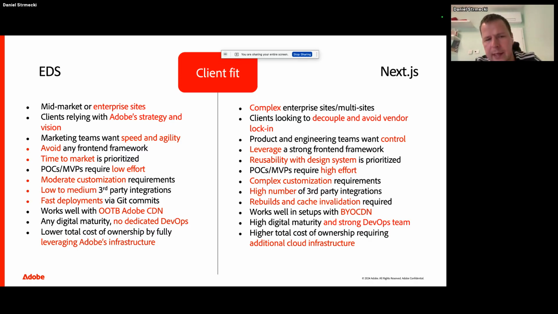I think EDS is fit for a company of any digital maturity. And the great thing is that basically you don't need DevOps teams anymore. I mean, you of course need developer teams, but the developer teams can handle the DevOps work when you use EDS. With Next.js,